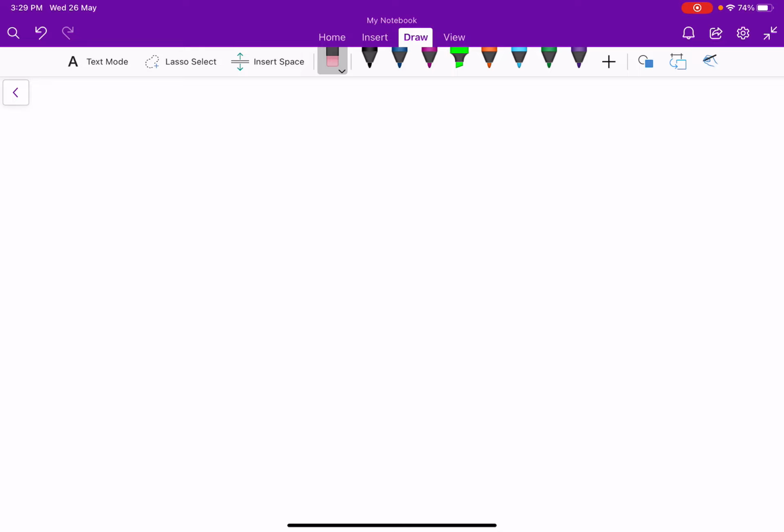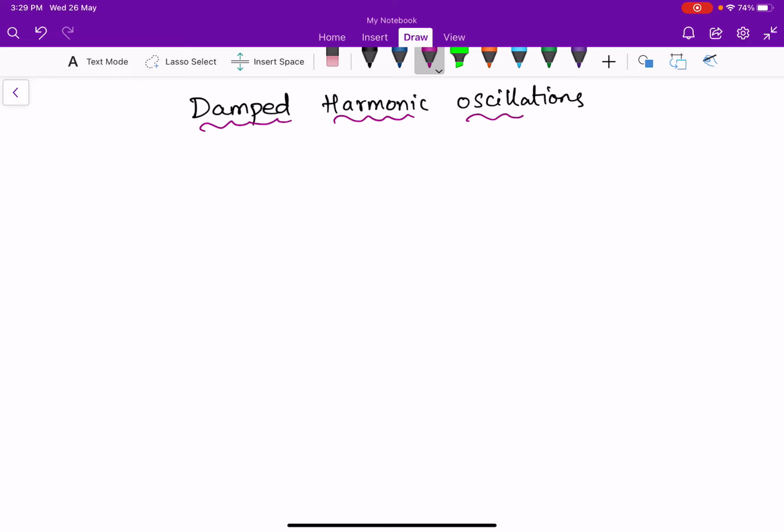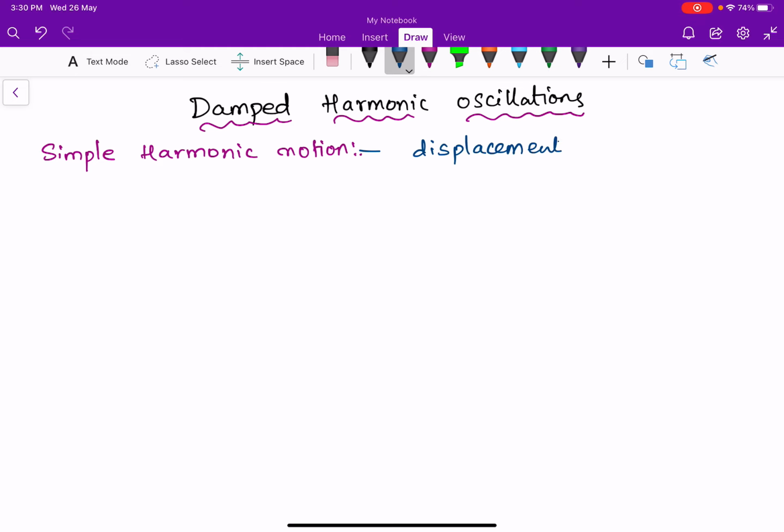Students, today we are going to discuss damped harmonic motion, damped harmonic oscillations. In the previous class, we discussed simple harmonic motion, and we know the displacement of simple harmonic motion is given by